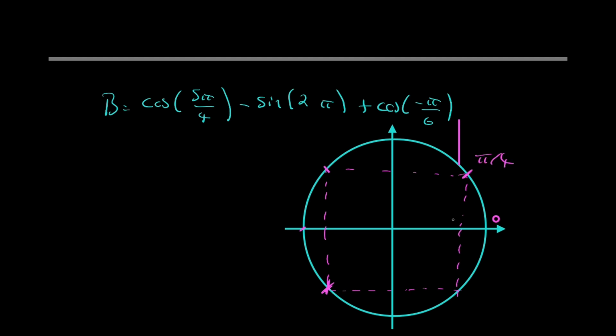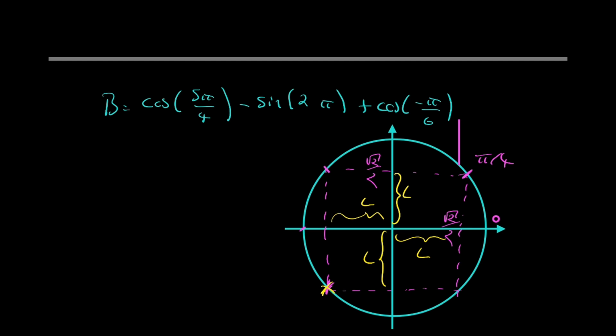Pi over 4, we will have square root of 2 over 2 for sinus and cosinus. But this time, so just by seeing that all these lengths are the same, we can see that we've got sinus and cosinus of our new angle, which is just minus L, which is